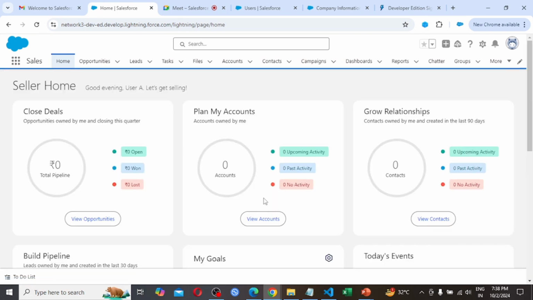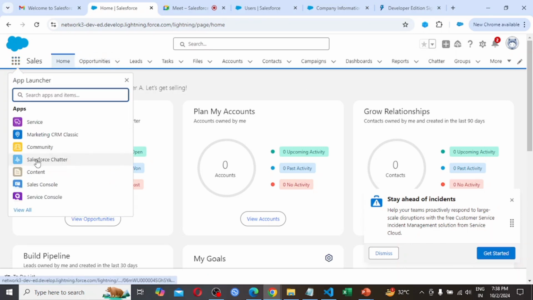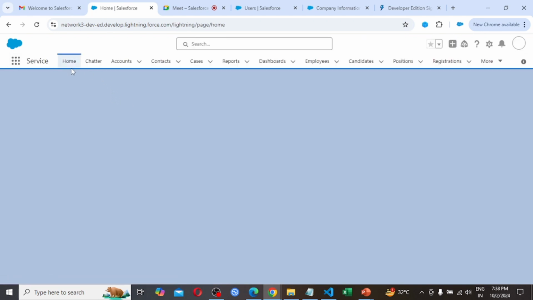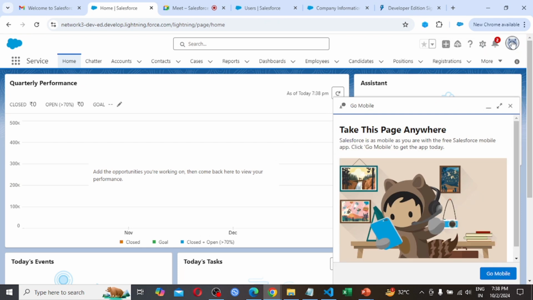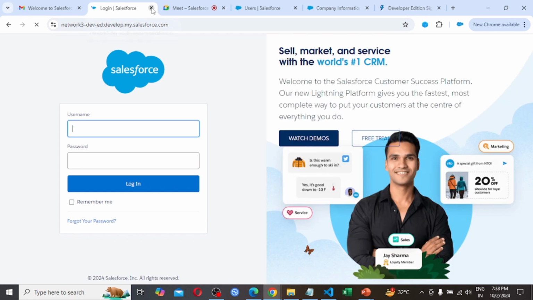So he can access the sales application. But what do we have to do in the assignment? We have to give user A access only to the employee management system application, not any other. For now he can access any application. He can also access the service application. See, he can access all the applications for now. Also, cross verify which user this is, user A. So for now I am clicking on the logout button for this user A. Closing this tab.